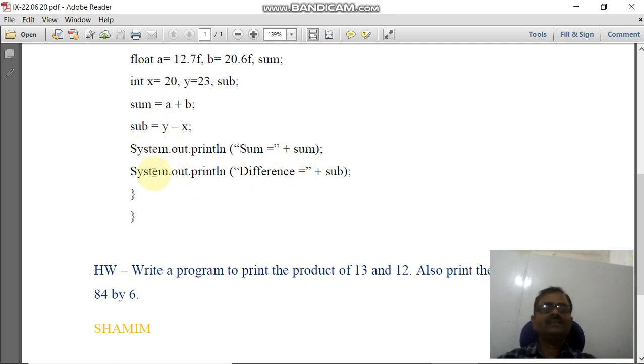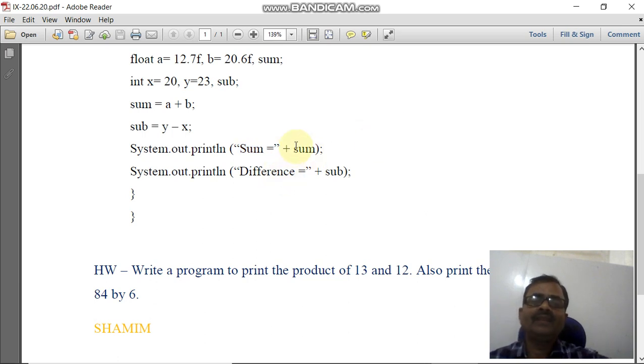The next step is system.out.println("sum equal to" + sum). Sum equal to is written in double quotation marks. All of you know that it does not change. Sum equal to in double quotation marks is a string, and at the time of execution it does not change. It will be printed as it is. Whatever you write in double quotation marks will be printed as it is.